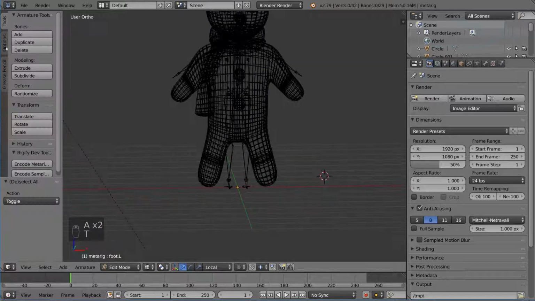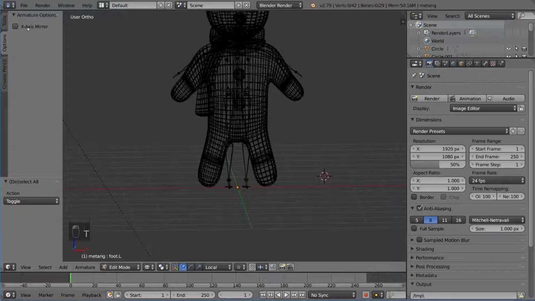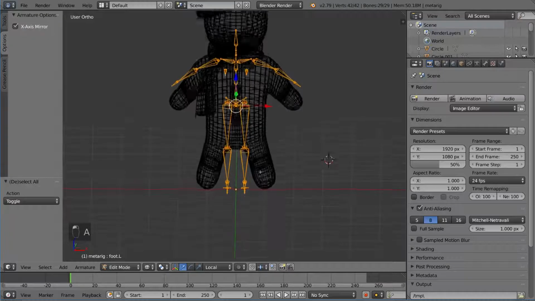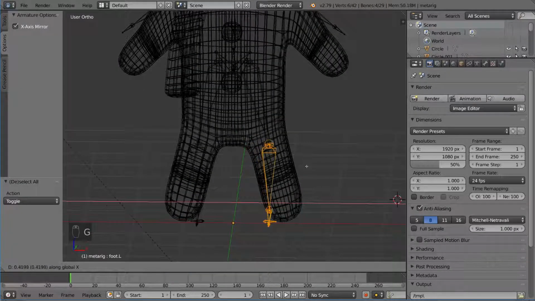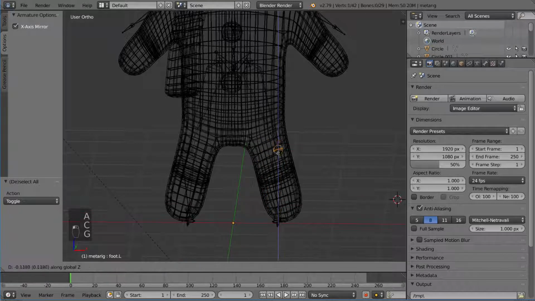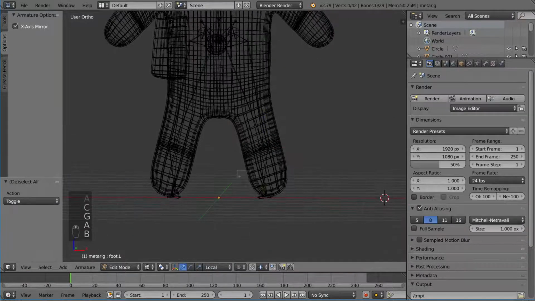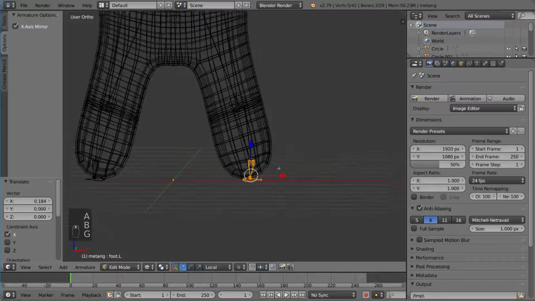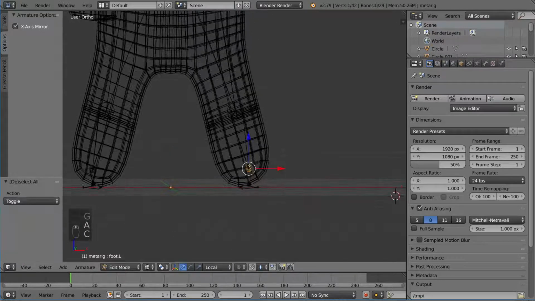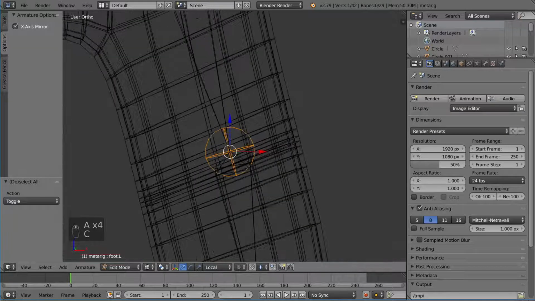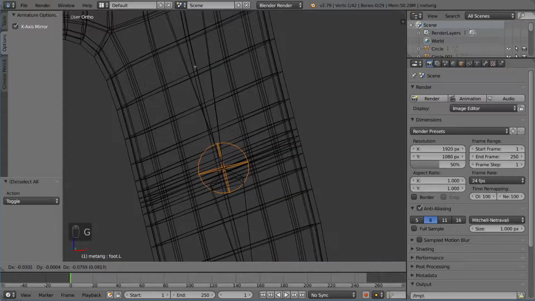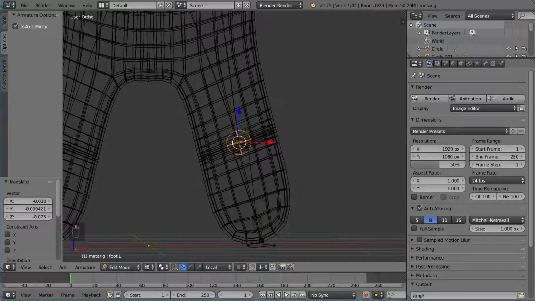and we're just going to make sure that the x-axis mirror is turned on. I'm going to turn that on, and we have these bones. I'm going to go ahead and box select these, for example, and just move them. And we're going to move these joints so that they match up with the joints in our mesh. So this is assuming you've modeled your character or downloaded a model of your character that has these joints pretty much visible, essentially these bunches of vertices,